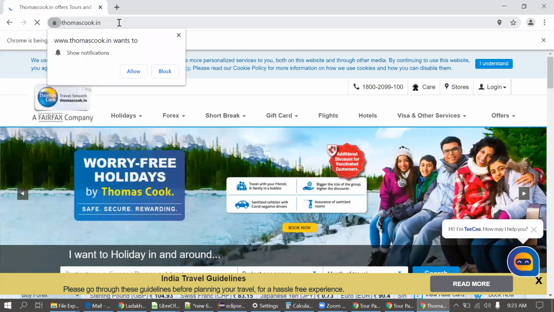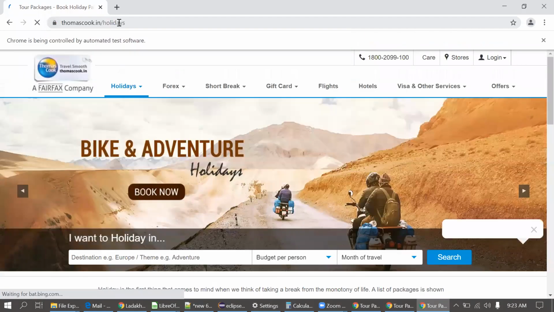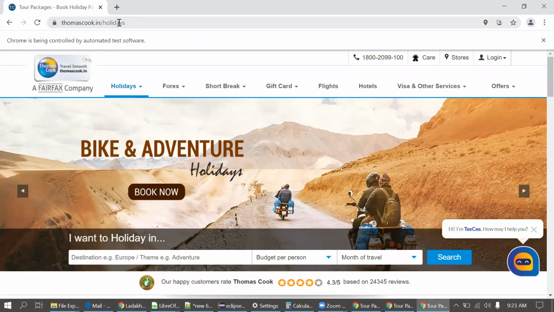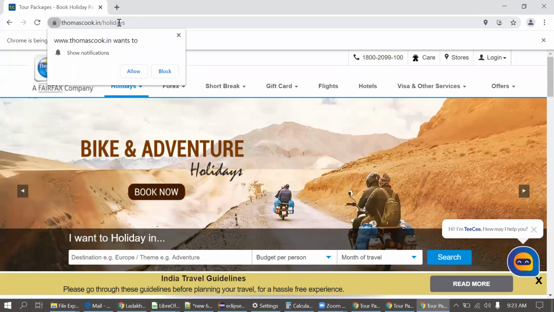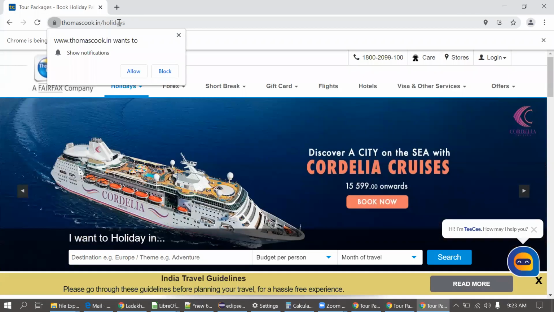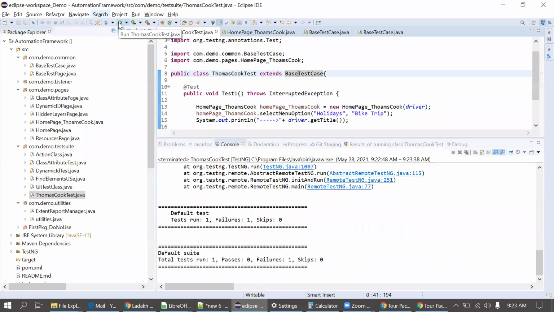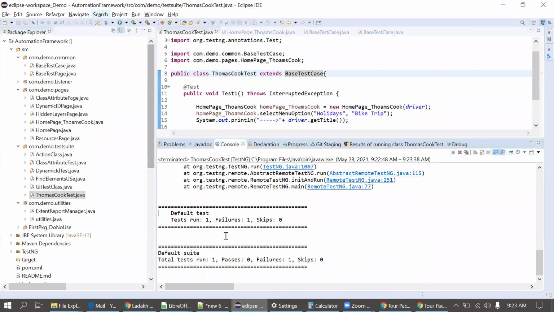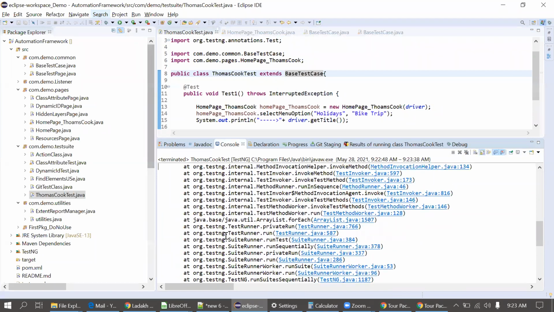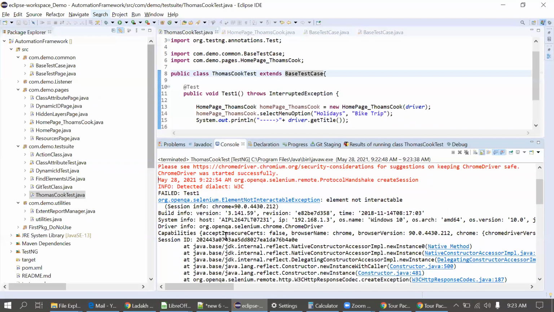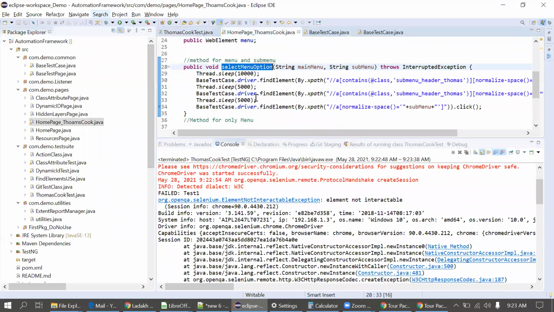Site is taking more time to load now. It's still loading. The menu got disappeared again. Or we cannot debug actually, because when we debug, that menu again will disappear at runtime. That option is also not available here for this.